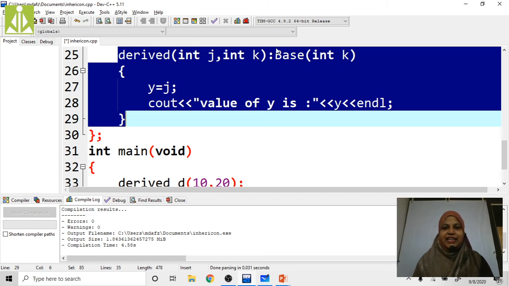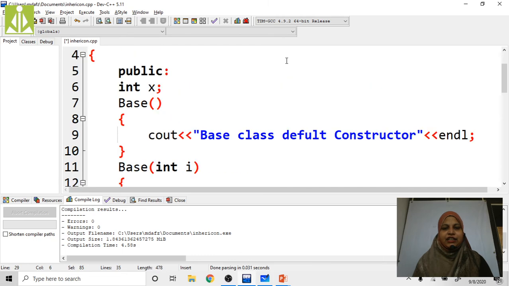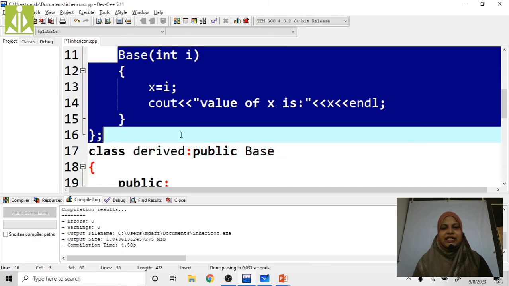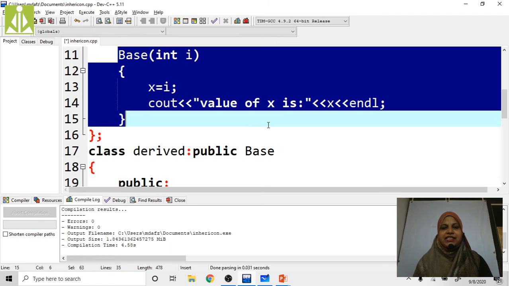Here Base(int k) means k value is 20. Whenever the compiler reads Base(int k), directly control is going to transfer here, right? Value of k is 20. We are assigning k value to i. Now the value of i is 20. Now we are assigning 20 value to x. Cout value of x is 20, right?